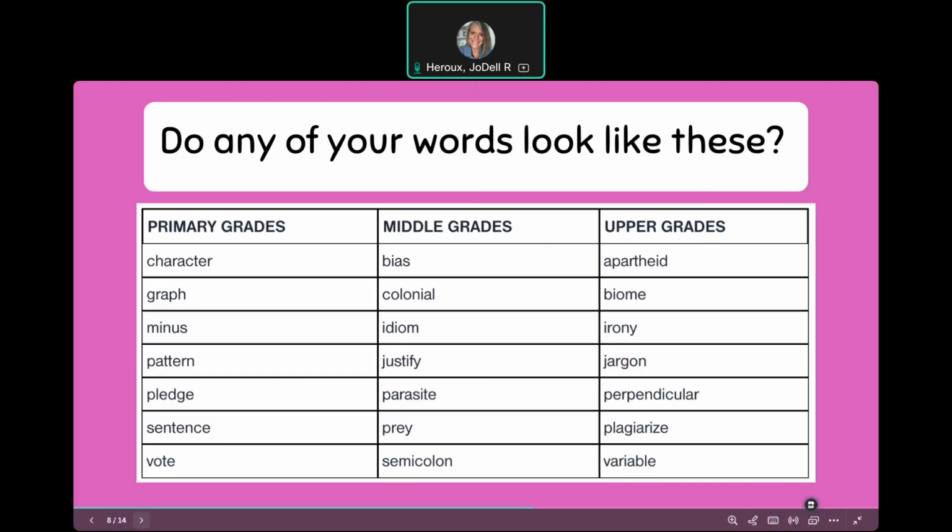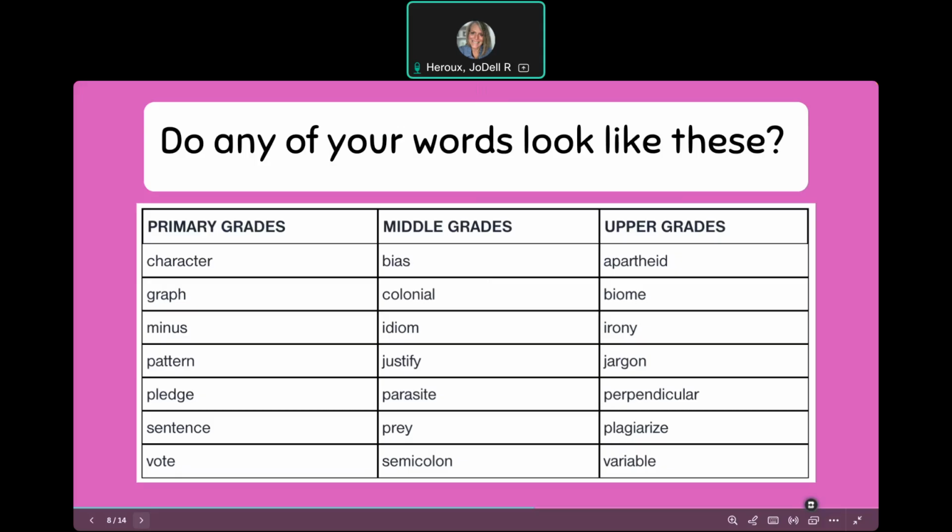So I want you to see if any of the words that you used look like these. In the primary grades, words like character and graph, minus, pattern, pledge, sentence, vote, those would be considered academic vocabulary. In the middle grades, you can see bias, colonial, idiom, justify, parasite, praise, semicolon. So you can see which words would be associated with English, like semicolon, idiom, which ones would be associated with social studies, maybe colonial and bias and justify, and which ones would be associated with science, maybe parasite